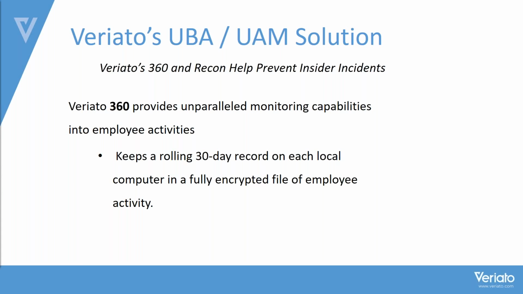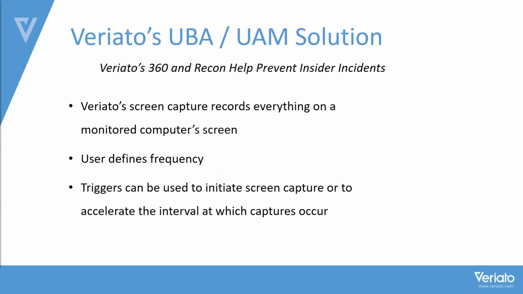As far as the system itself goes, we actually keep a 30-day rolling record on each local computer to help, if we need to go back in time, or if we need to record things that are happening, or be alerted on something that's happened previously. We have this data set that sits on those machines, and then we can upload it to the centralized machine that allows you to do the analytics and report on this type of information that's happening in the environment as well. And I'll show you this information in the product itself when I switch over to the product.